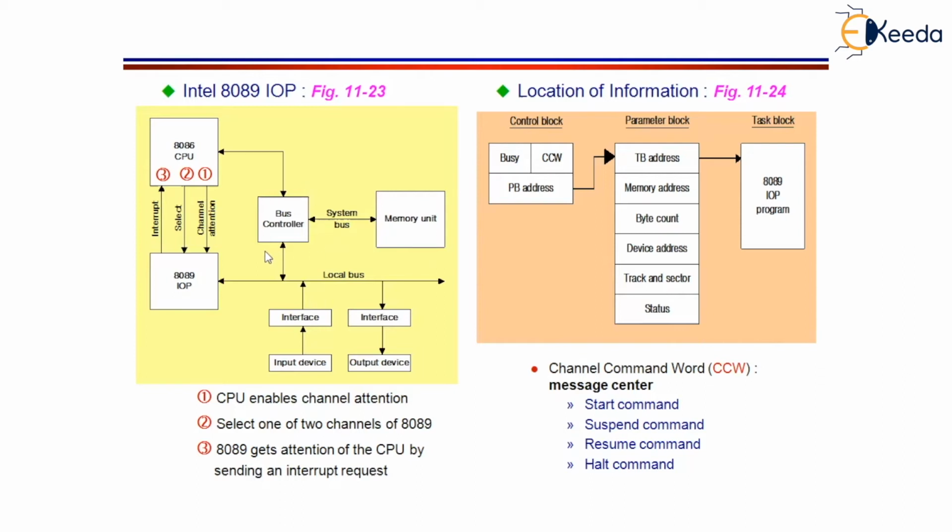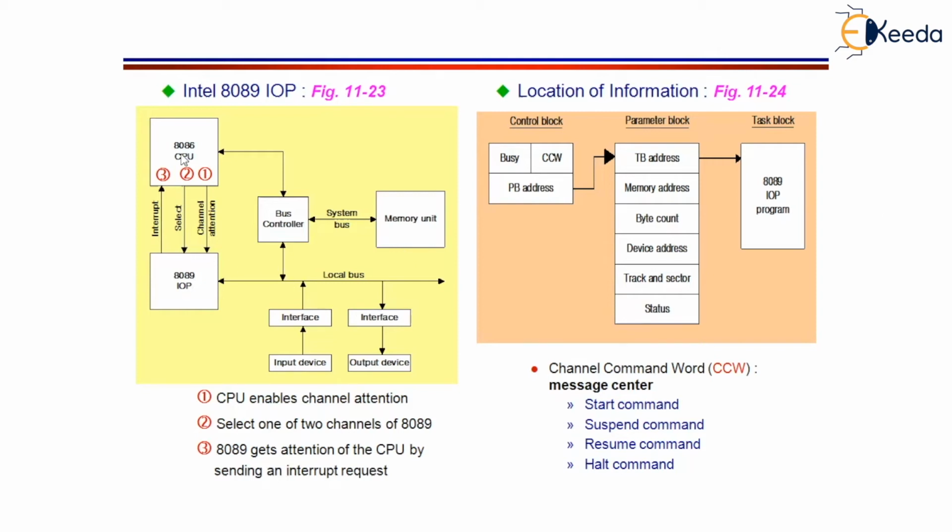This bus controller can also be called a multi-bus system. What is a multi-bus system? The same memory unit can be accessed by two separate processors, but one at a time. This is the reason why these bus controllers can also be called multi-bus, because if 8086 wants to access the memory unit, it has to take permission from the controller, because if 8089 is already using the memory unit, 8086 cannot communicate with it. In order to avoid chaos, only one processor will be able to access the memory unit at a time.